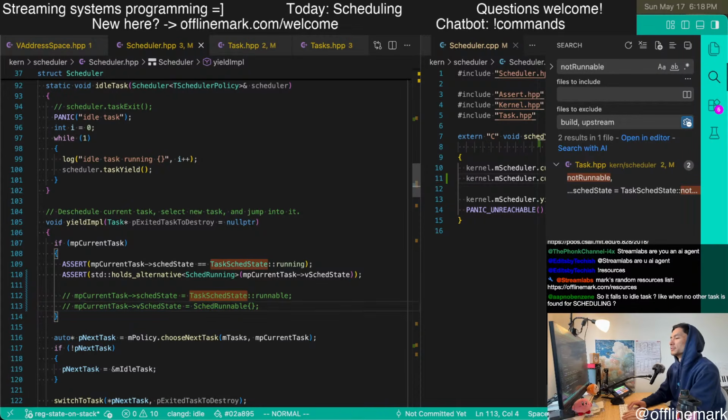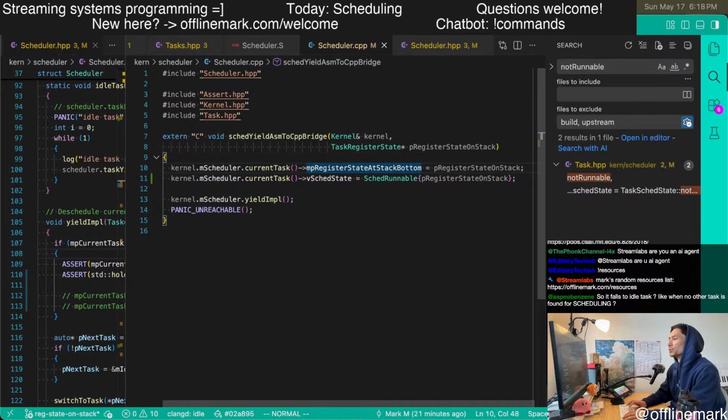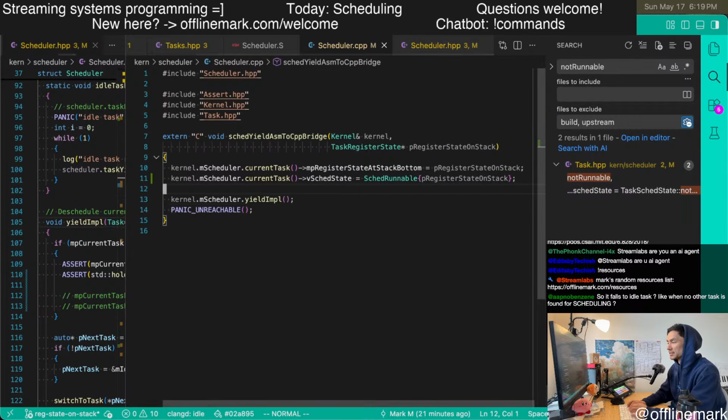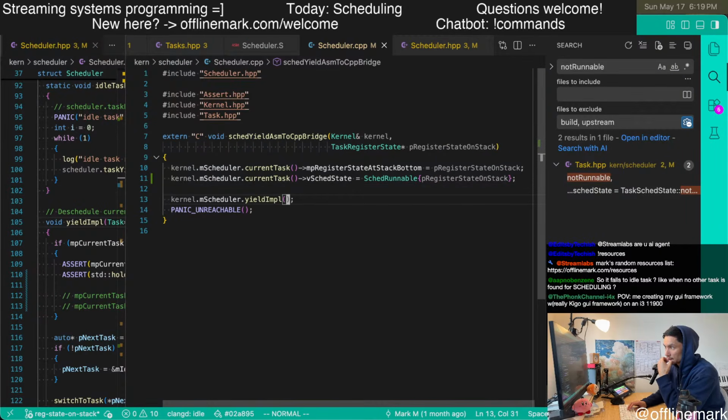Or alternatively, and I think I like this a little bit better, we don't do this here. What we can do is we can just simply pass the data. The idea with this bridge thing is to be very, very small.